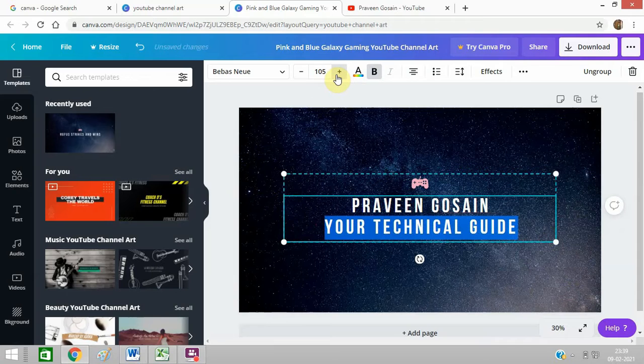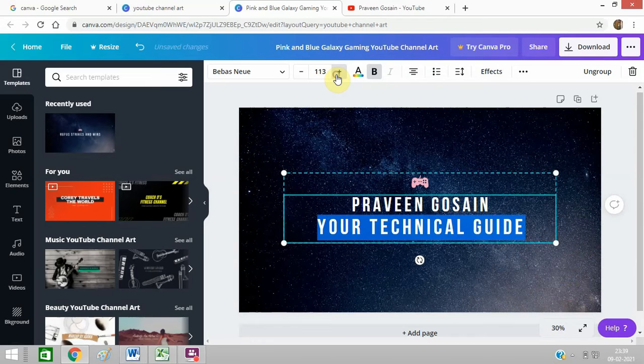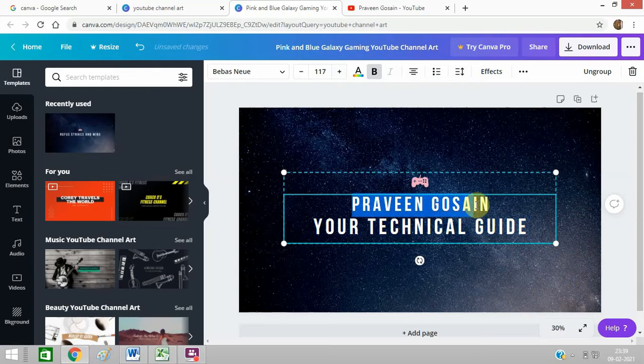You can increase the size, decrease the size according to your need. You can do all types of changes. You can change the color from here.